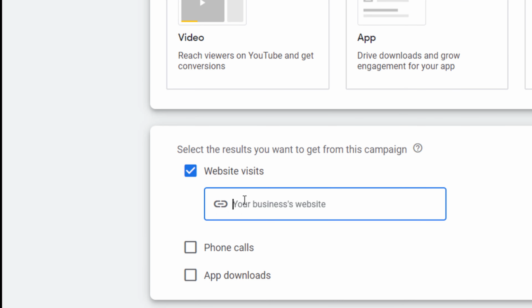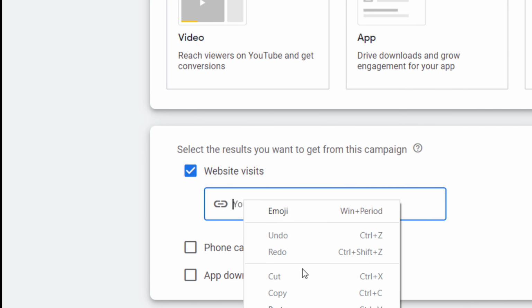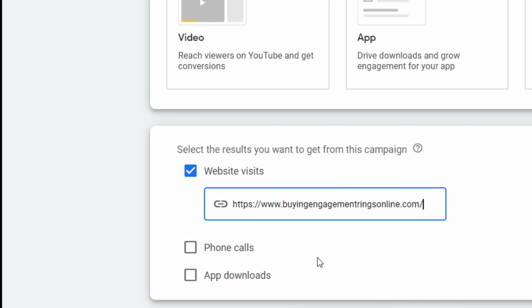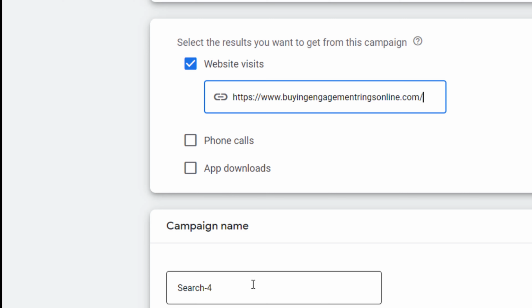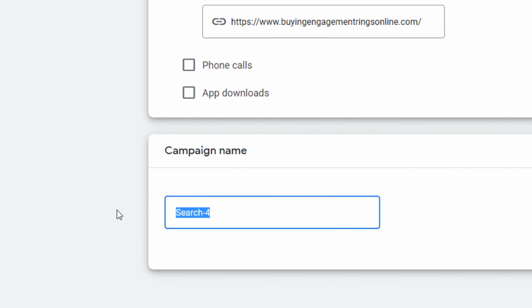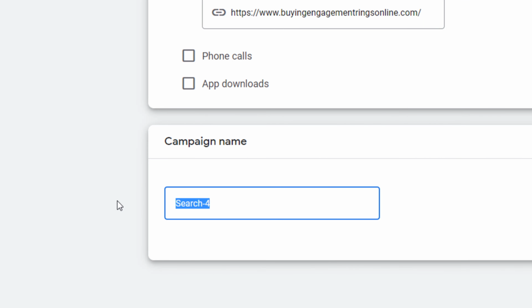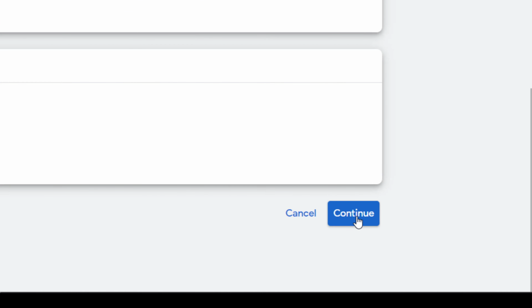You can put your website URL in here, and type a campaign name. And then click continue.